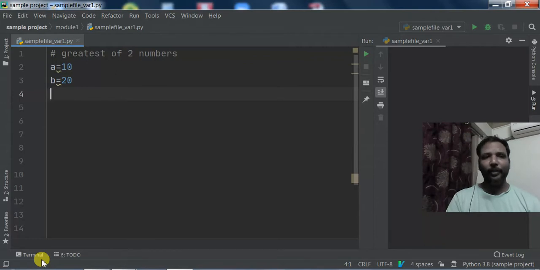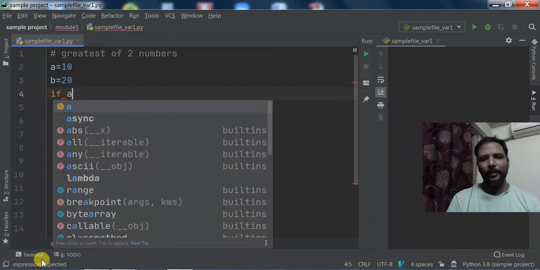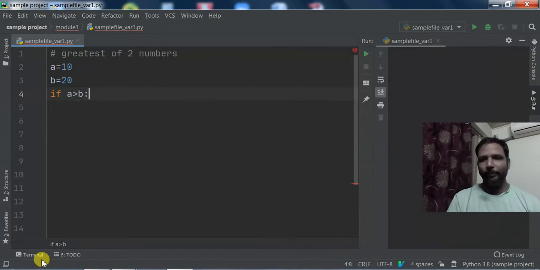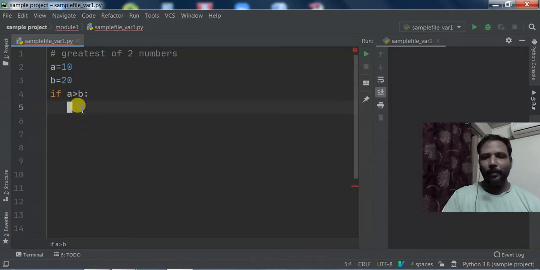Then the if condition, then the statements. So if, what is the condition? If a is greater than b, this is the condition, colon. And if this condition is true, then the statements after this colon will be executed. So if a is greater than b, then